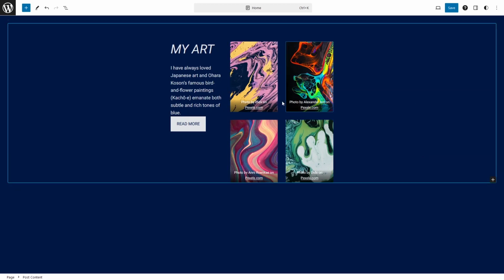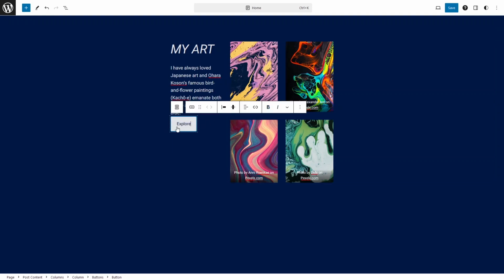So if I want to change the text of my button, I simply click on the button. And from here, I can actually change the text. So I will write down explore. All right. And I would also like to make the text of my button look bold. Okay, so let's select the text and click on the bold. And I can also change the alignment of my text here. Okay, so this is how you can edit the text and this is how you can change the images in